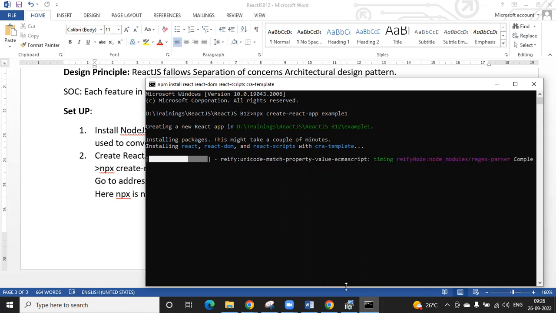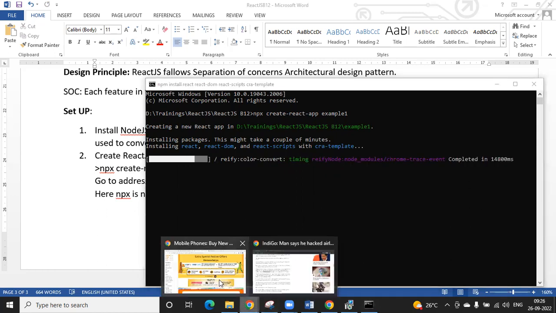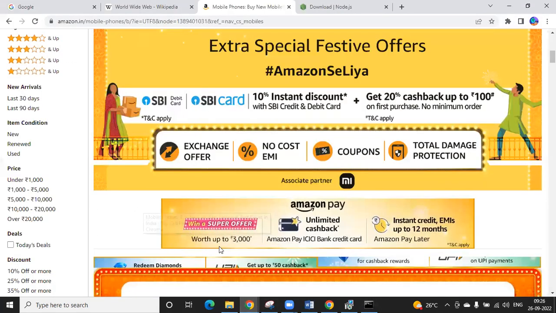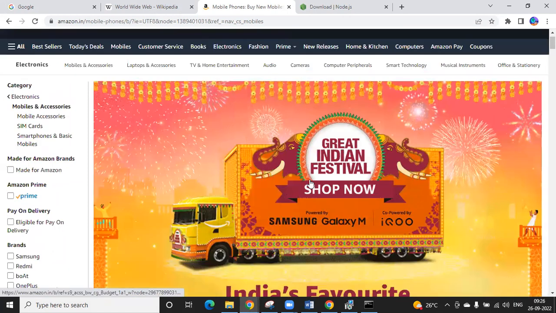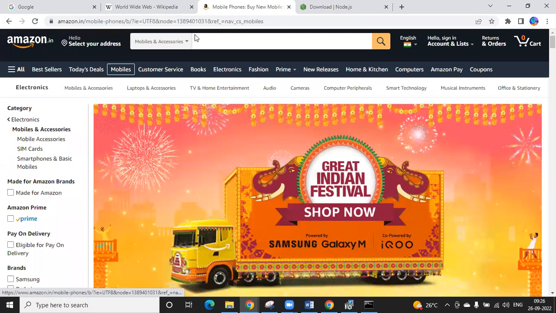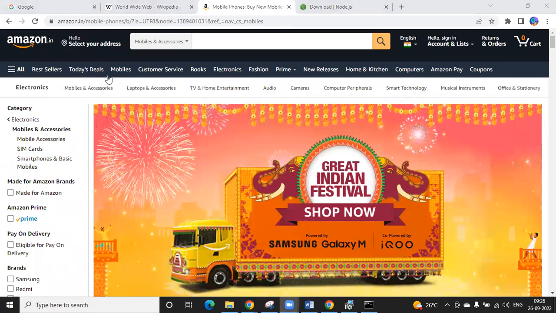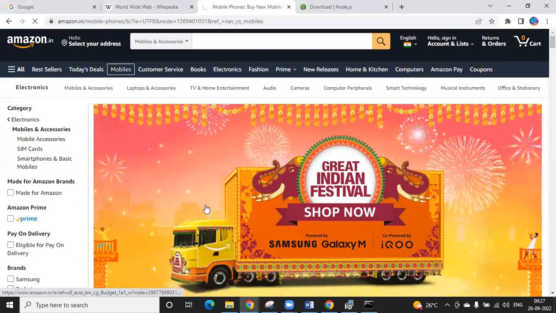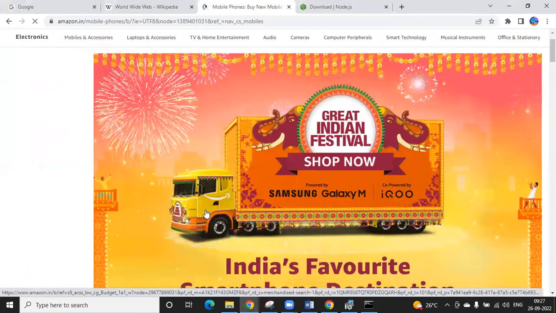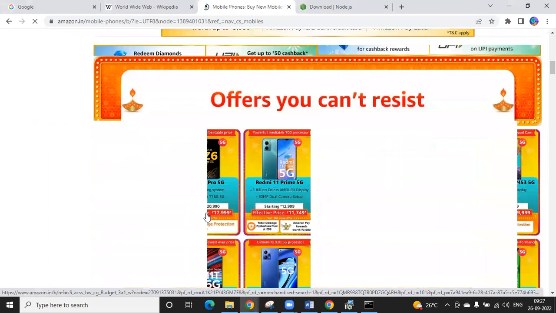In the runtime, if you open Messenger and inspect the page, you are not going to see ReactJS. Likewise, for example, Prashanti developed a feature called mobiles. Once it is deployed into the real-world environment, you can't see ReactJS.